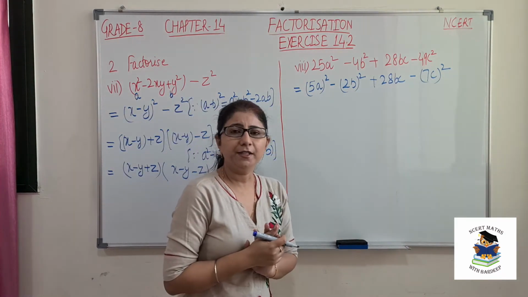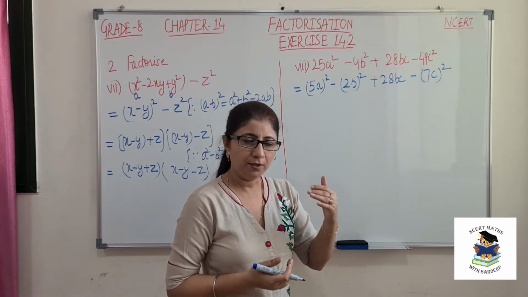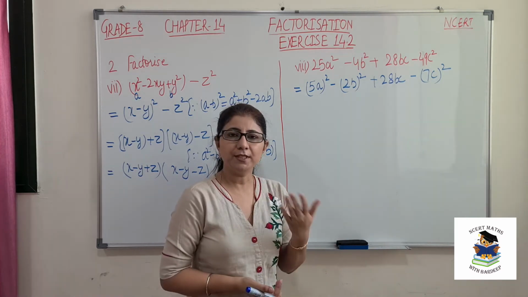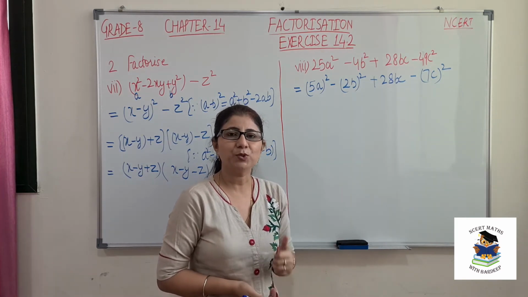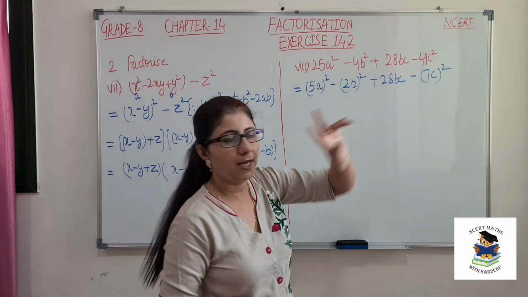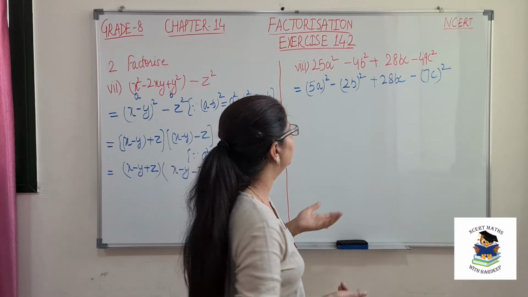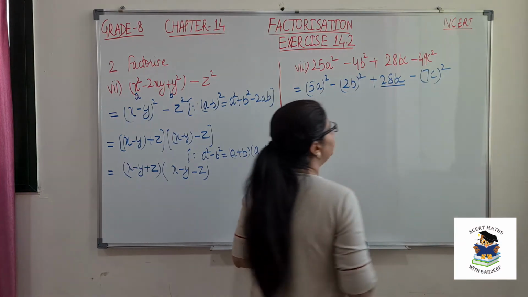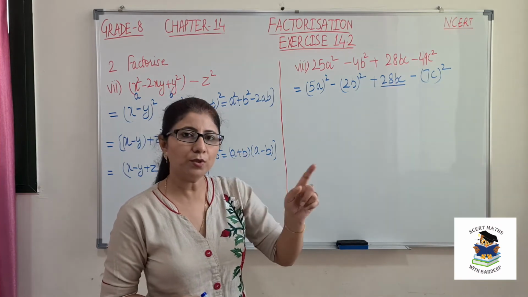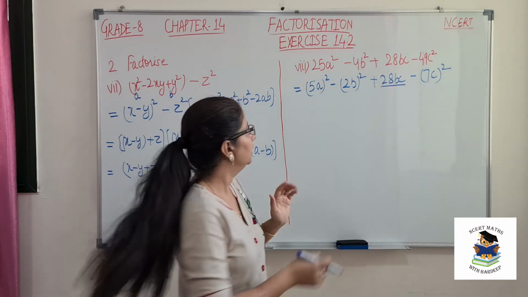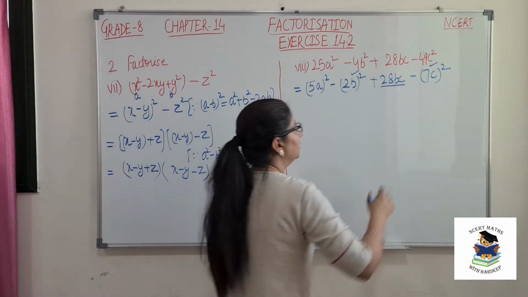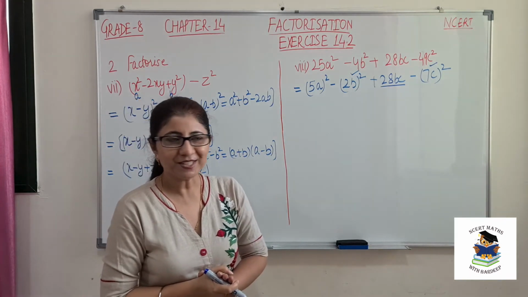Okay. But in our identity we have only three terms, that is if it is a plus b whole square, it should be a square plus b square plus 2ab. If it is a minus b whole square, then it should be a square plus b square minus 2ab. So that means out of these three squares I have to use two squares, but which one to use we will check from the middle term. See, the middle term is having b and c. So that means only those squares I will use which have b and c. So this and this will be combined together to make one group, and then we will use the identity.